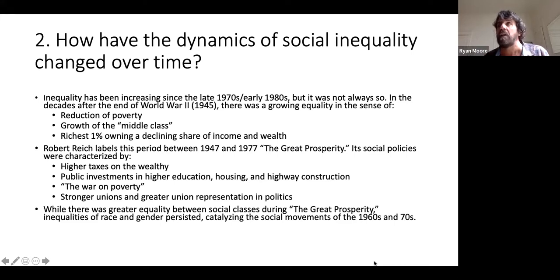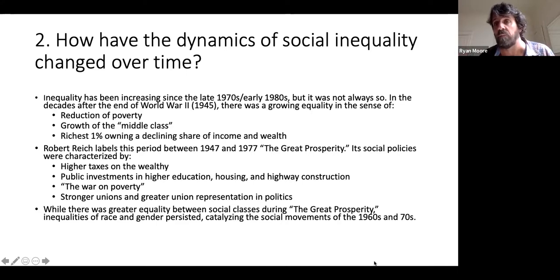So when we talk about the growth of the middle class in America, it's largely, not exclusively, but largely a growth of a white middle class. And that is because there were these government programs and subsidies and policies that were biased and skewed